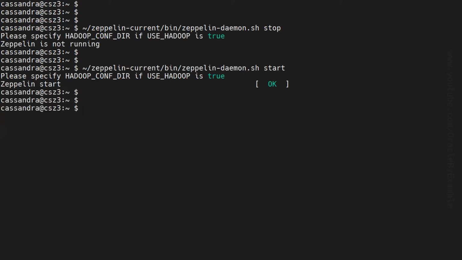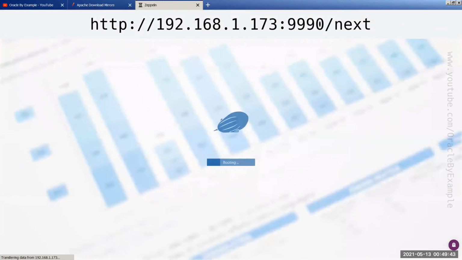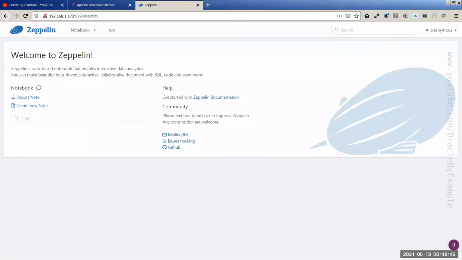Apache Zeppelin has started. The web-based notebook now is available via web browser. This is the Apache Zeppelin web-based notebook interface.